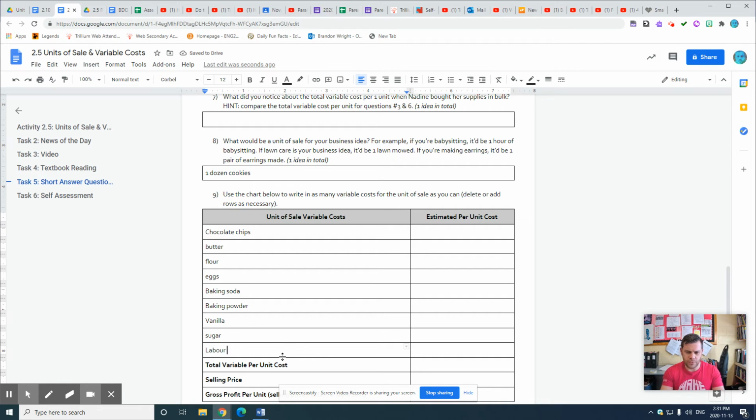Labor. Cookies don't take long to make. At $14.25. So what I want to do is take the minimum wage, $14.25 per hour, and divide that by 3 since it only takes me 20 minutes. So $14.25 divided by 3 is